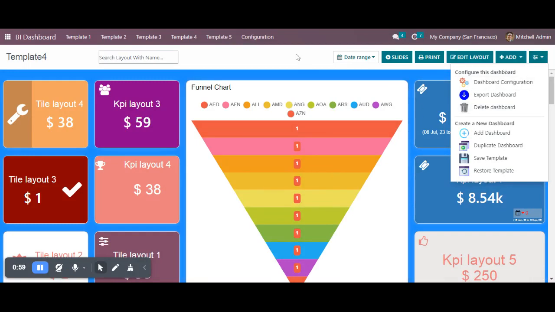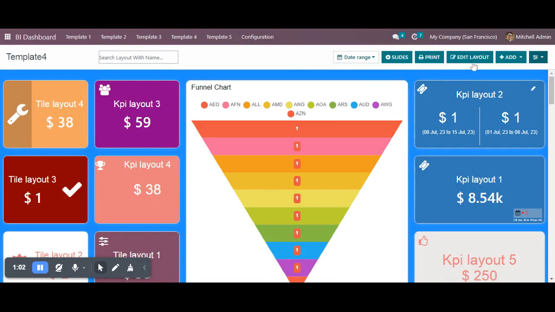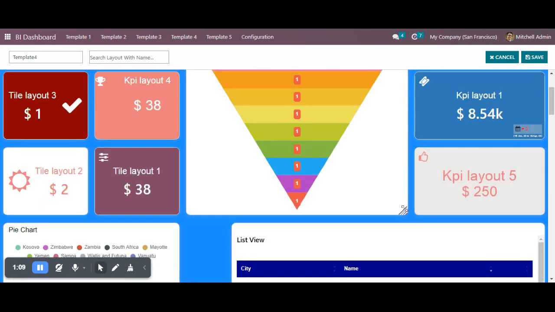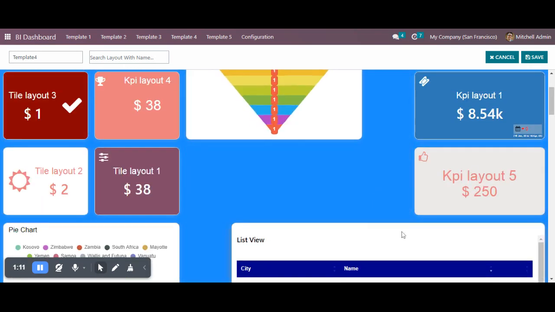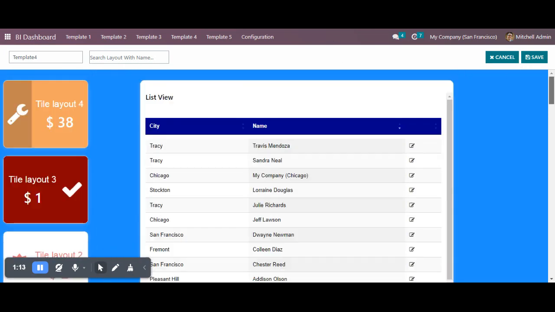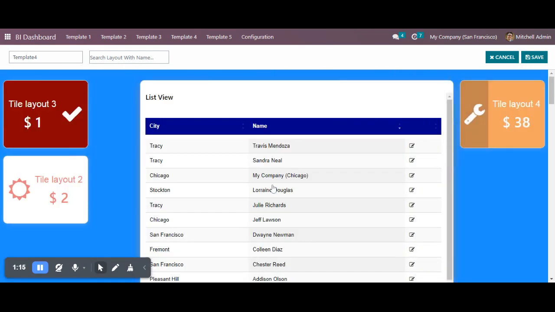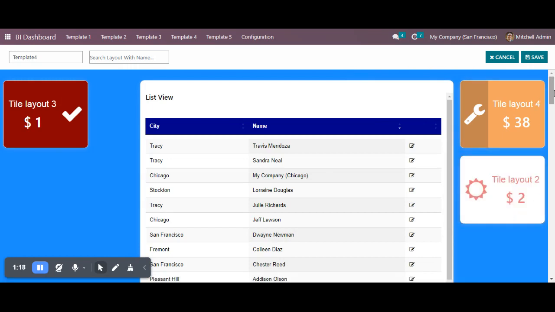All right, now I am doing different kinds of changes. Let's say edit layout, and I will edit this particular layout. I will just change the size. I will do different kinds of changes. Let's say like this, I will set this layout over here. I will do different changes. Okay, so let's click on save. Okay, now if I want the same layout design which I saved as a template previously, then how can I